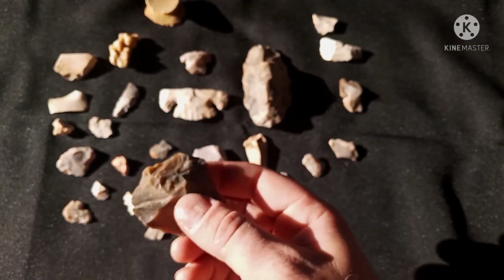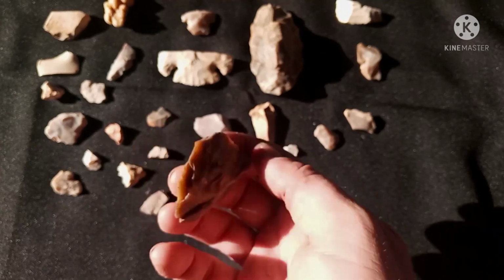And found this turtleback scraper. Nothing special, but